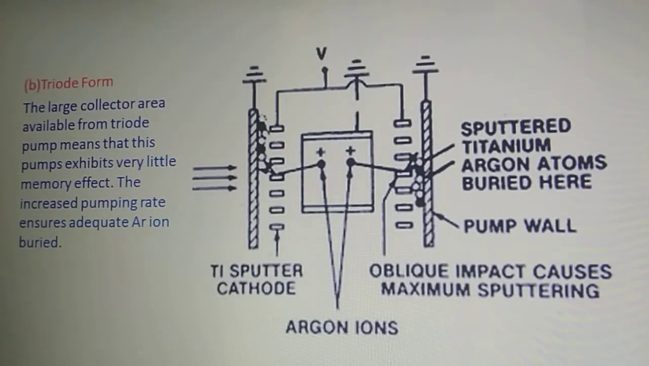Now let's have a brief look at the triode form. There is quite a similarity. In the case of the triode form, the large collector area available means that this pump exhibits very little memory effect. The increased pumping rate ensures adequate argon ion burial. And you can see the schematic, there is not much difference in the diagram. So this is all about